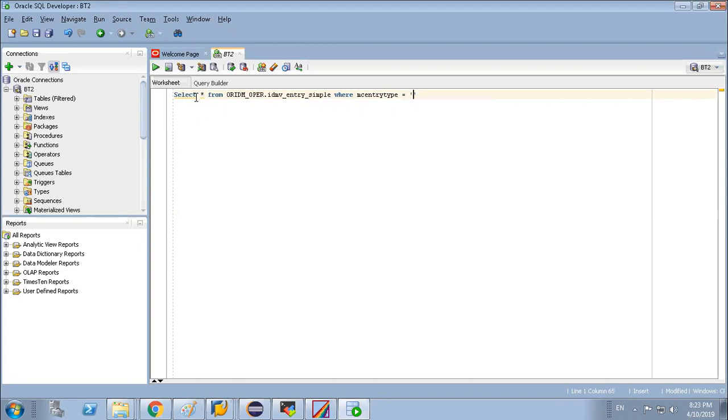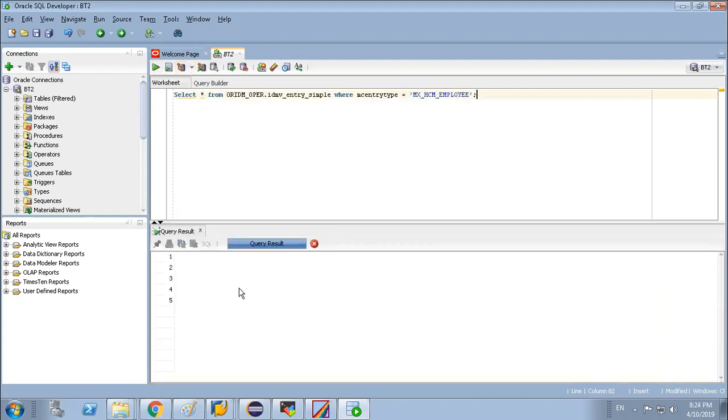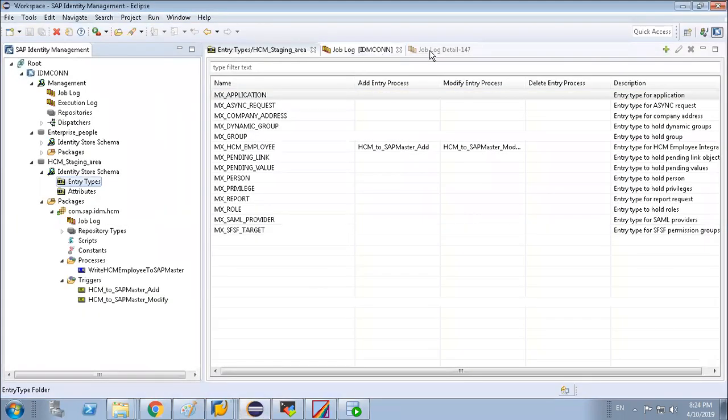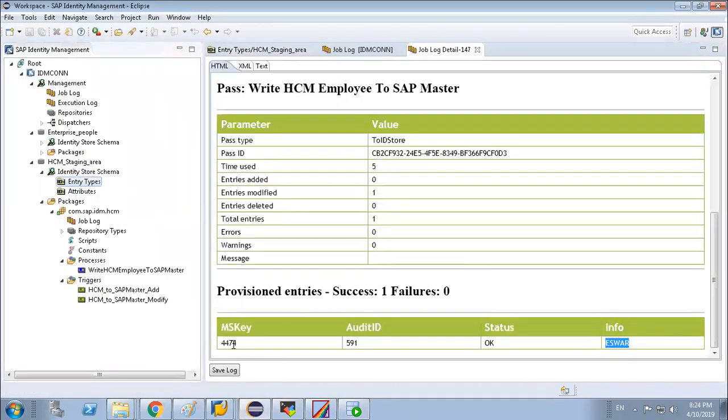Entry type is MX underscore HCM underscore employee. If you run this query, you will see this is the entry type that has been created, and you can see this is the MS key 4474. If you check the log, you will see the same 4474 in the log.